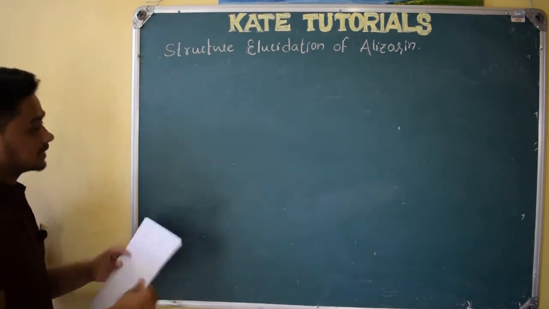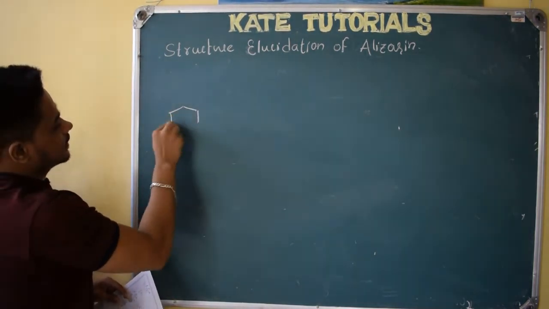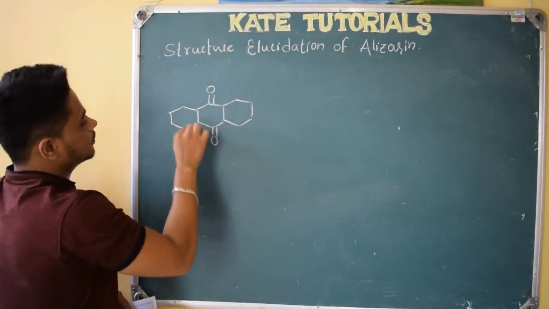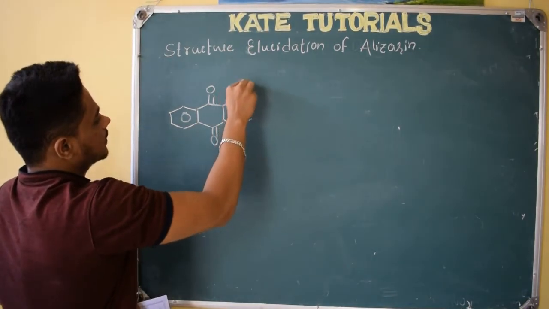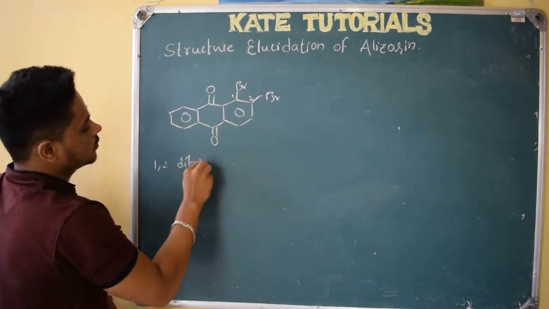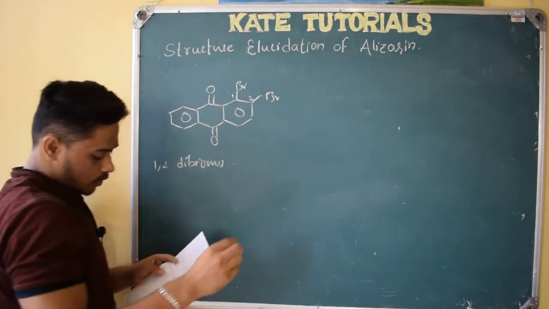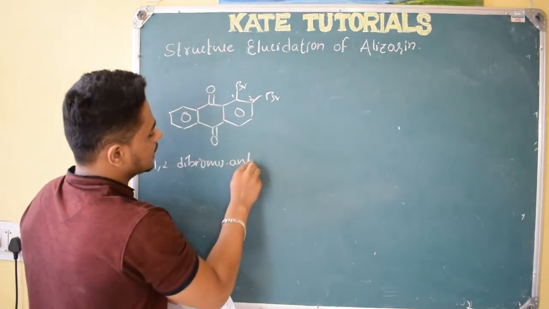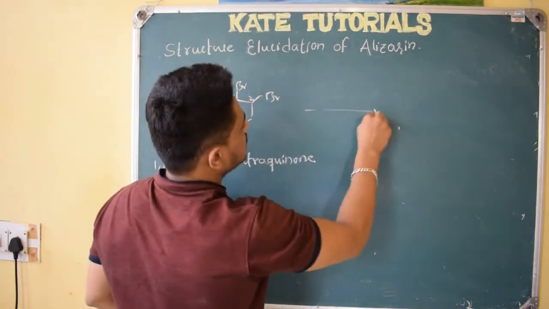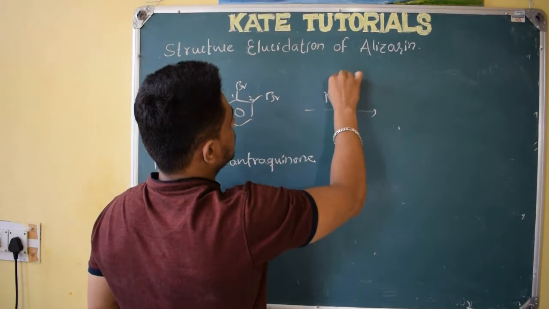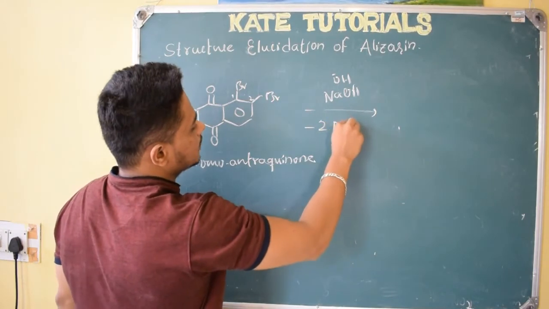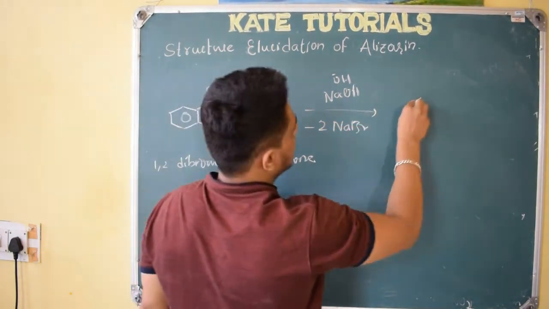So finally they synthesized it. How they synthesized it is they took this compound. See here, let me write here: double bond O, benzene ring, here Br and here Br. So it is 1,2 position, so it is 1,2-dibromoanthraquinone. They took this compound and added strong NaOH. So OH minus will be there, right? So here the Br minus will go as NaBr, two molecules of NaBr, and they synthesized this alizarin.